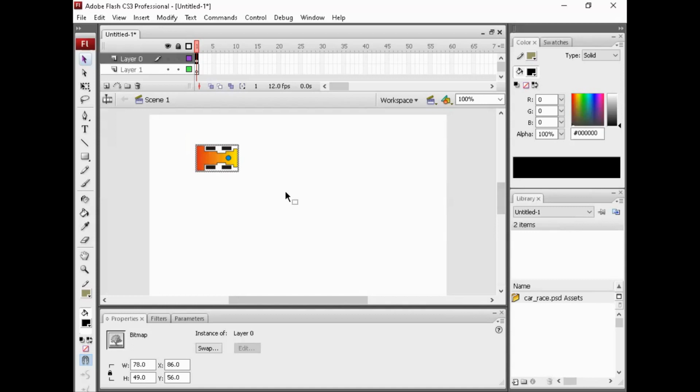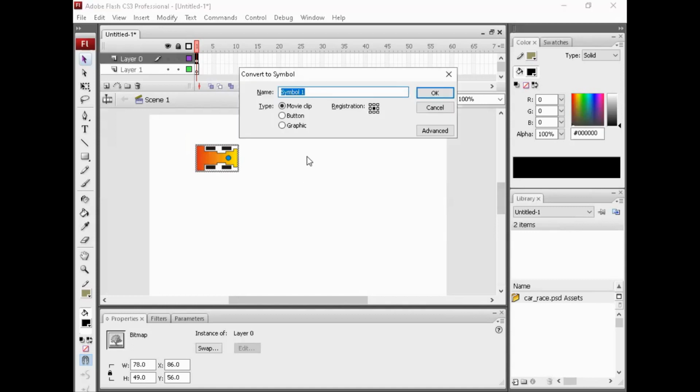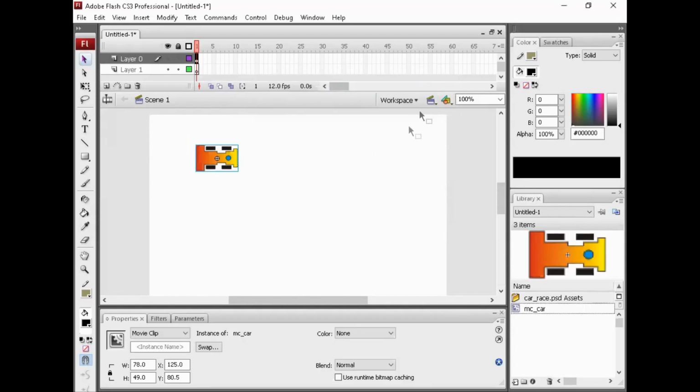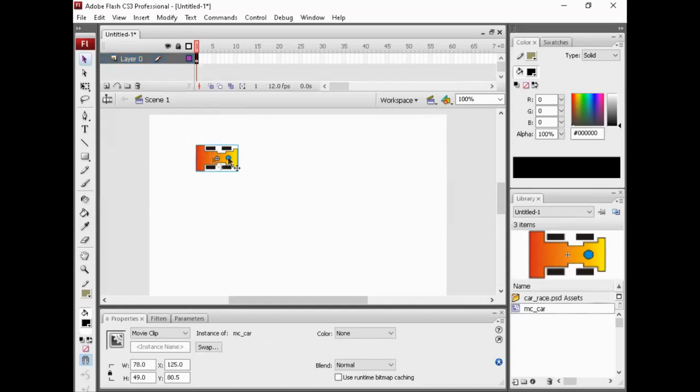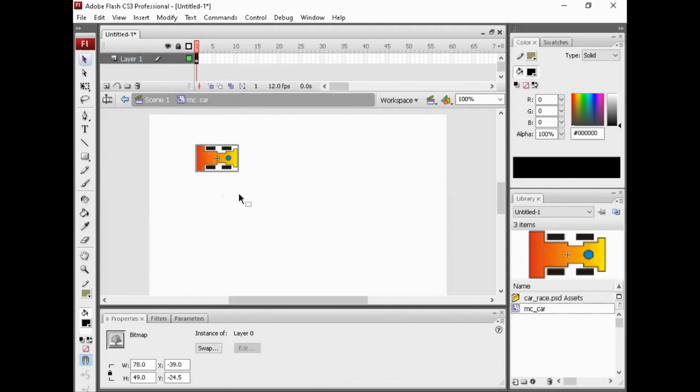Press F8, then name it moving clip car. Okay, set. I'm in the moving clip car. Double click here. Okay, it's finished.